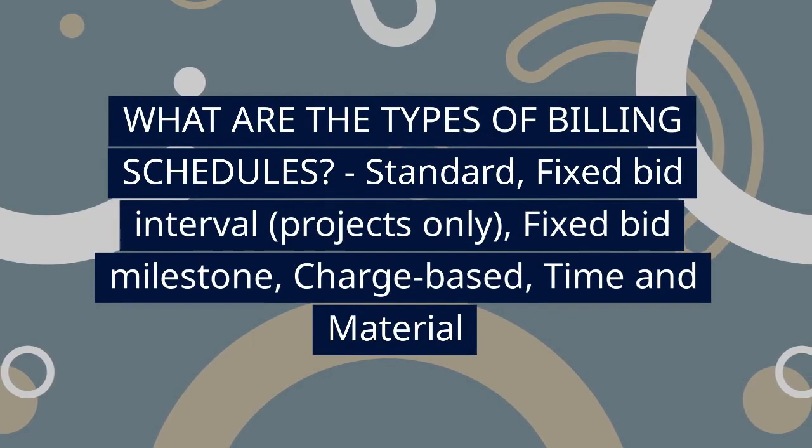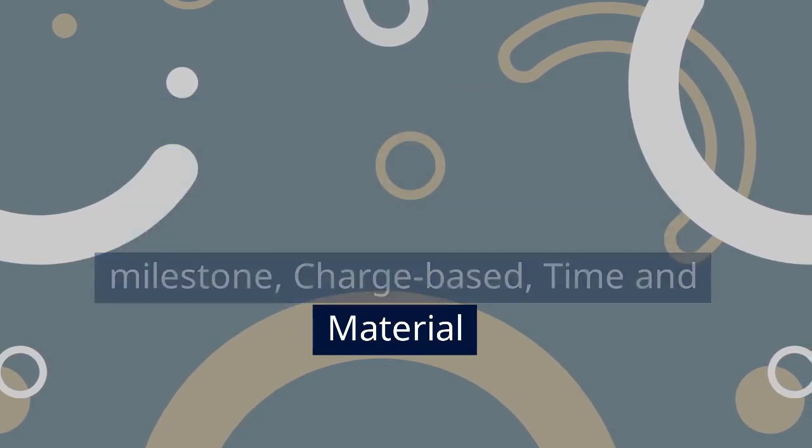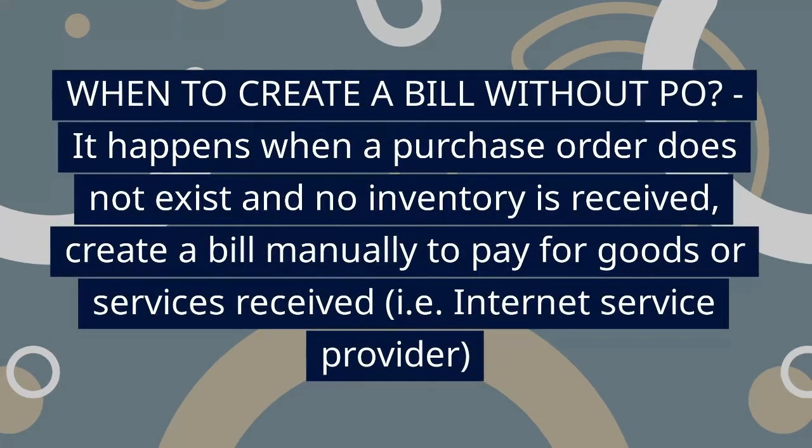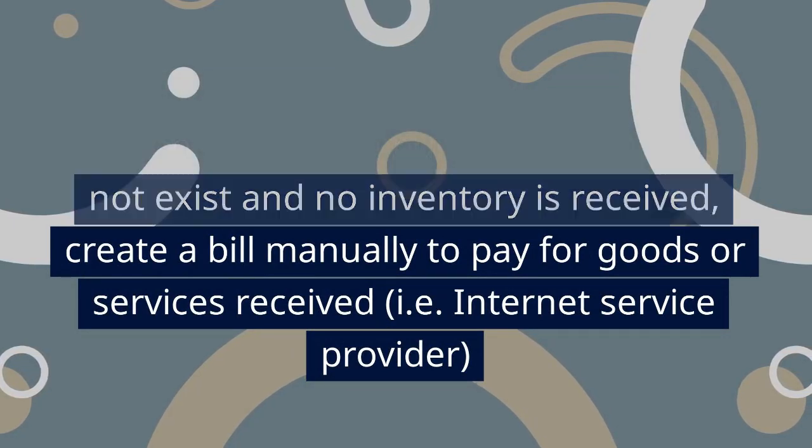What are the types of billing schedules? Standard, fixed bid interval, projects only, fixed bid milestone, charge-based, time and material. When to create a bill without PO? It happens when a purchase order does not exist and no inventory is received. Create a bill manually to pay for goods or services received,